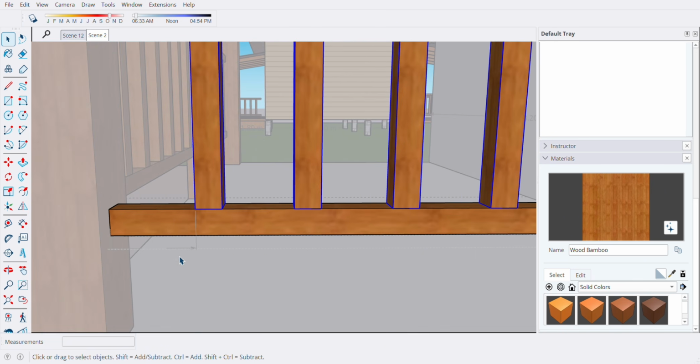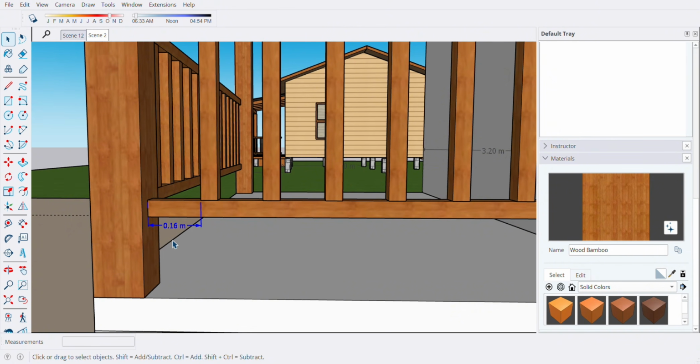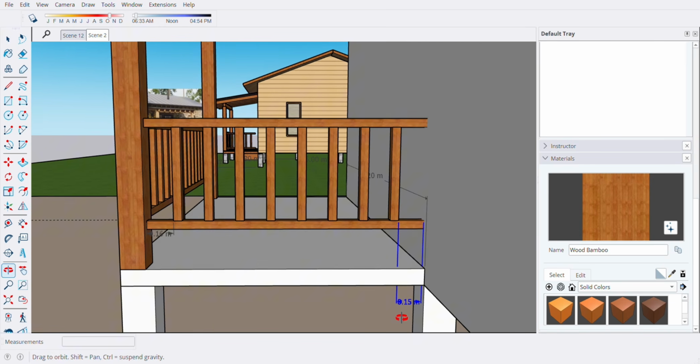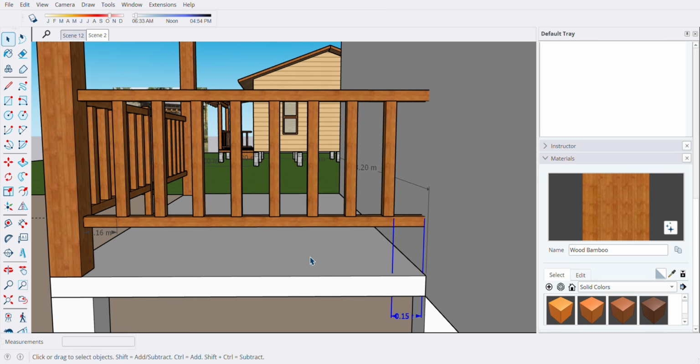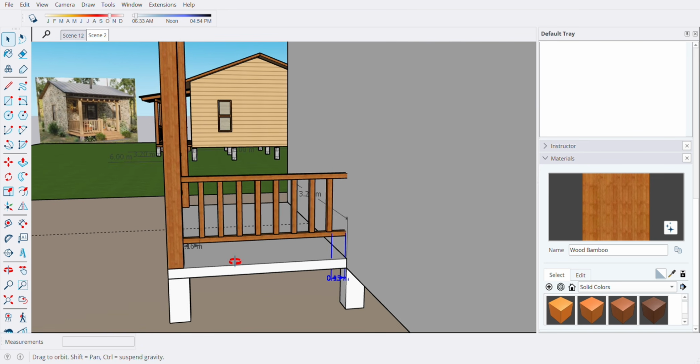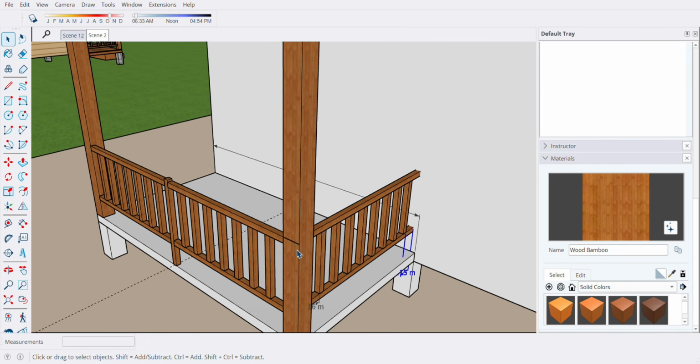Let's see if it is equal. I think this is equal now. 0.16 the other side, 0.16 the other side. Yeah, maybe this is the SketchUp settings, right? Okay, that's it.